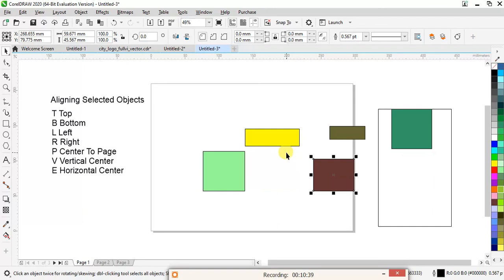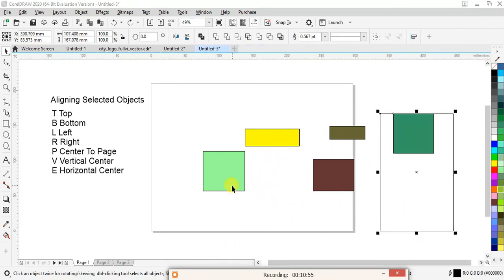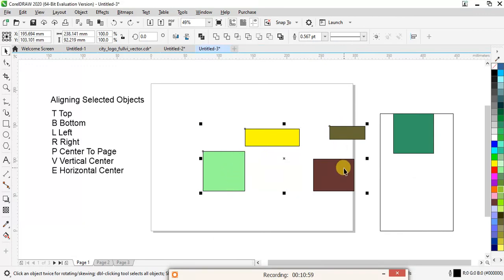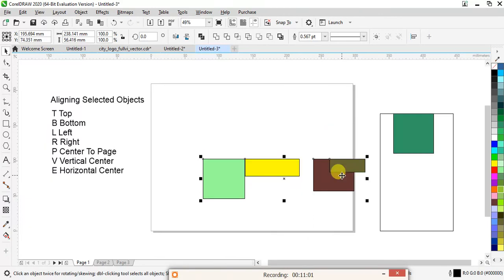If you click on T after that, every object will get in a line at the top with the base rectangle, which is your last rectangle. So select all the rectangles with shift and click on T. As I told you, your last rectangle will be the base rectangle, and according to this rectangle, you can get all the objects aligned.